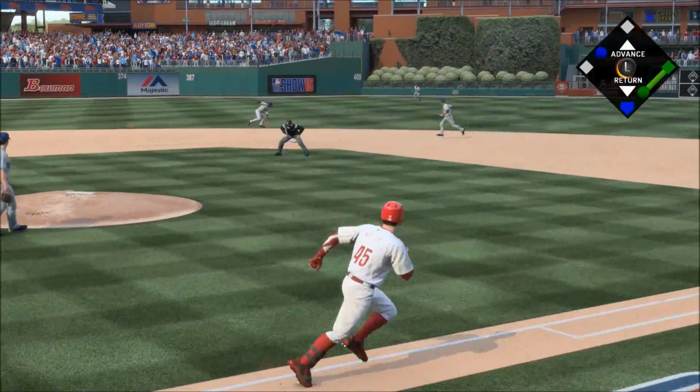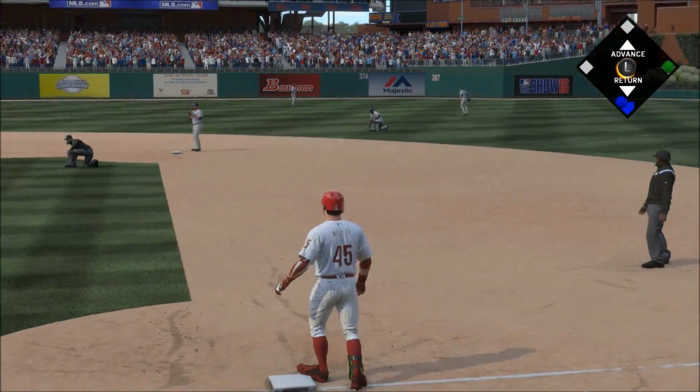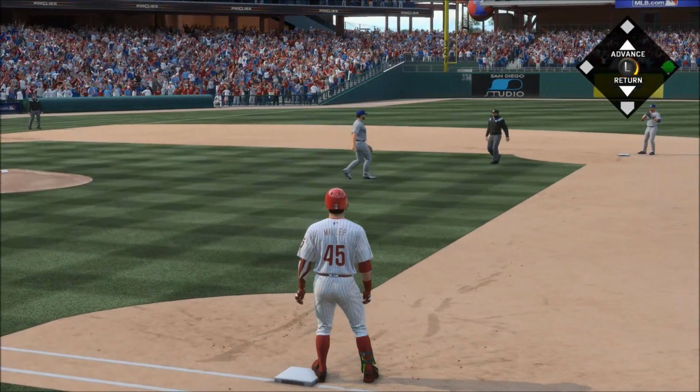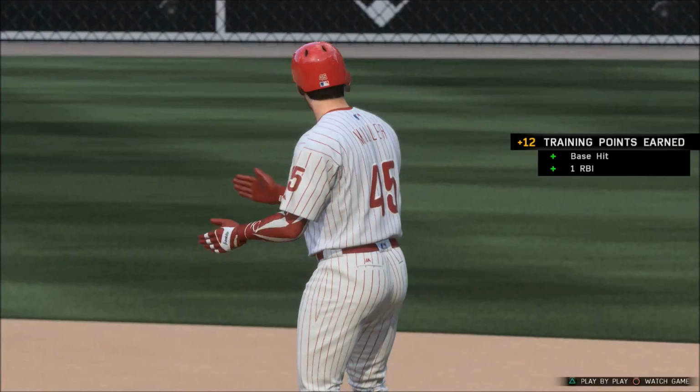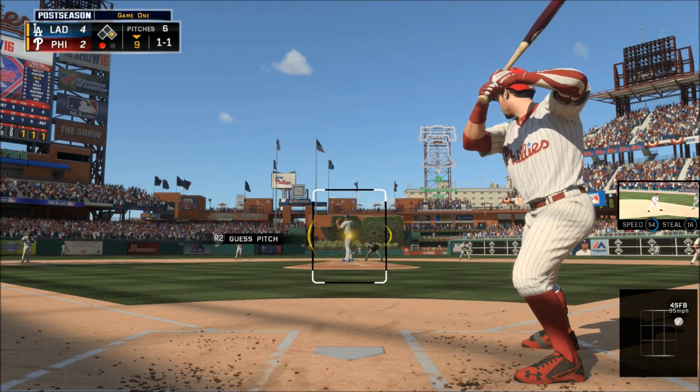Back up the middle, and that'll get through. It's into center, a base hit. And this gets right through him, and that may be a run. And the runner from second is in to score. It's 1-1. Chris Miller